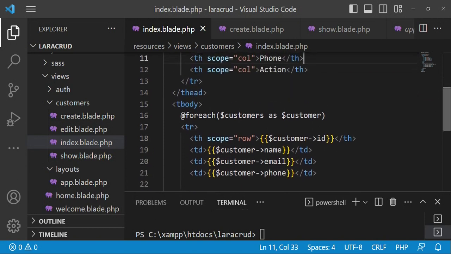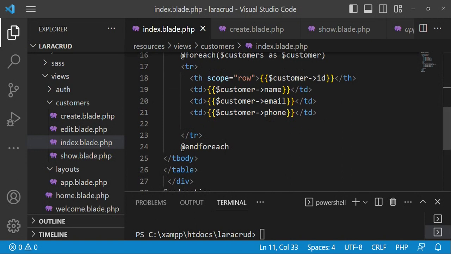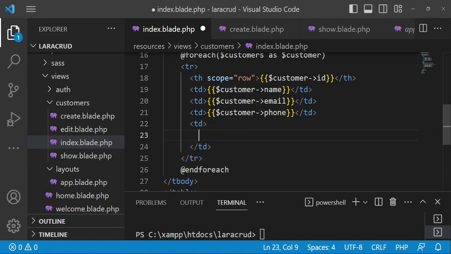So I'm going to just down here add one more table data under the same row, so each user can be edited individually. So let me just do it like that, table data. And then we are going to have a form. So in this case, if you are deleting a user, you're going to have a form. So in this case, form, and let me just form,